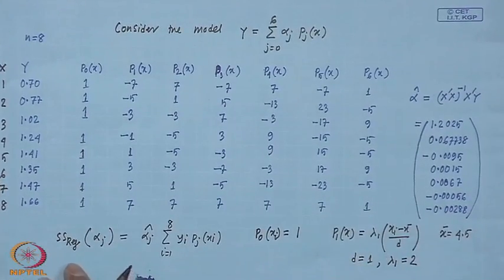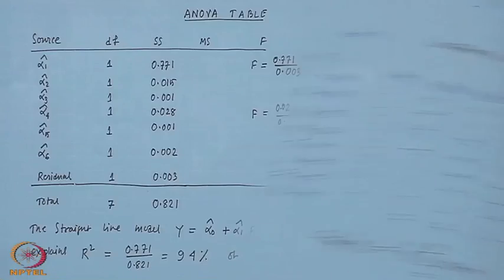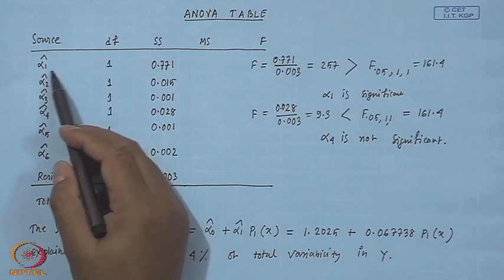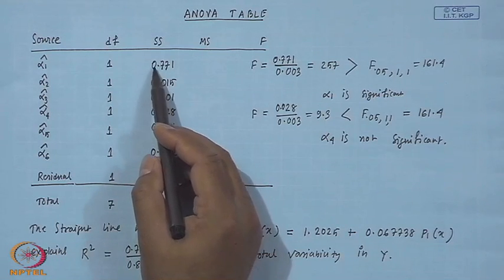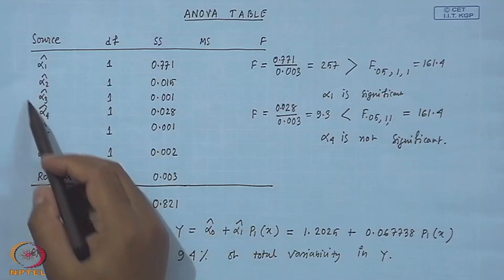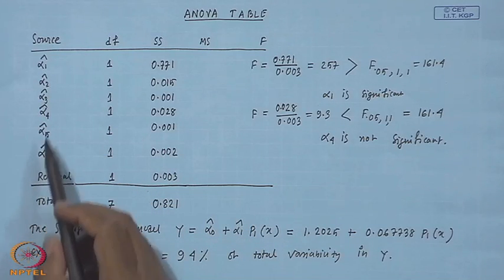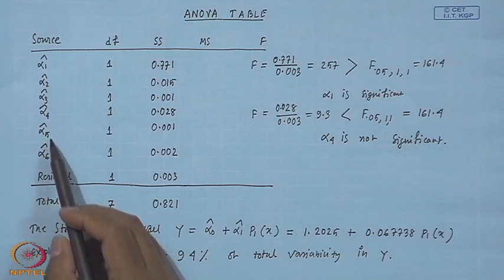This is the SS regression formula: SS regression for alpha 1 is equal to alpha 1 hat times the summation of y i p 1 x i, where i is from 1 to 8. You can compute the SS regression due to alpha 1, and all these things are tabulated here. So, the SS regression due to alpha 1 is 0.771, and similarly you can compute the SS regression for alpha 2, alpha 3, alpha 4, alpha 5 and alpha 6,